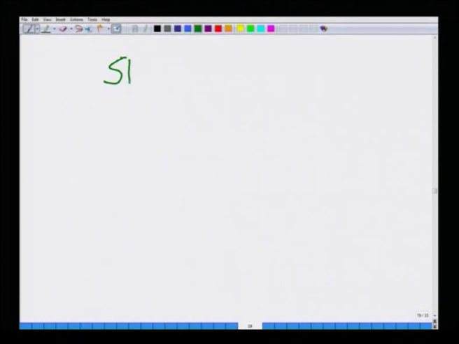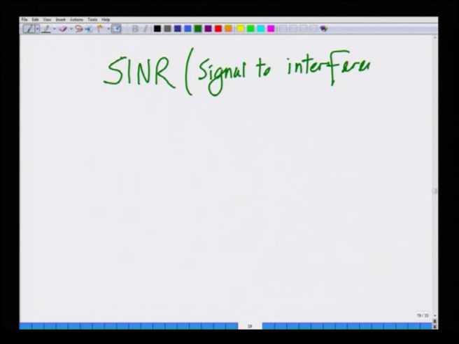SINR. Remember, we defined SINR as signal to interference plus noise ratio, or the signal power to interference power plus noise power ratio. SINR is nothing but